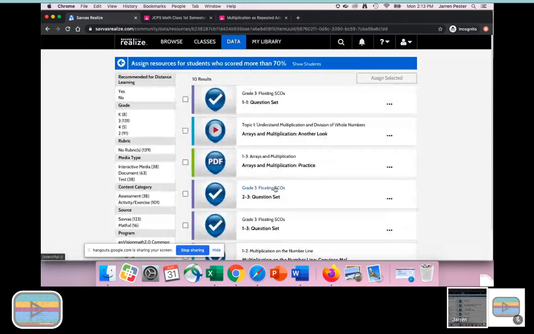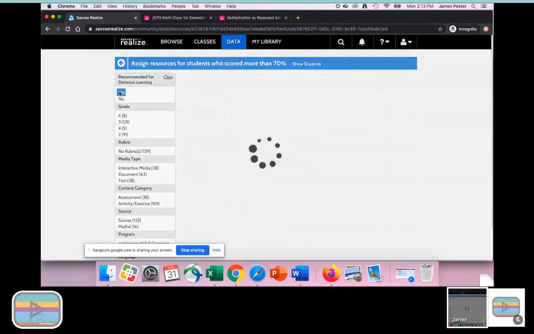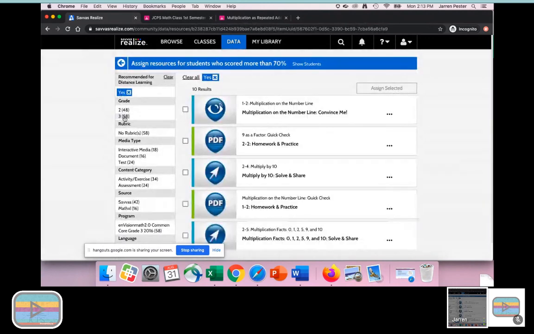And I have that option to make sure that it's a good piece of content for distance learning. So I'm going to go ahead and enable that. And maybe I want something. I'm teaching third grade. This was my third grade work, but maybe second grade makes sense. So I could filter by grade or whatever it might be. But either way, once you have what you